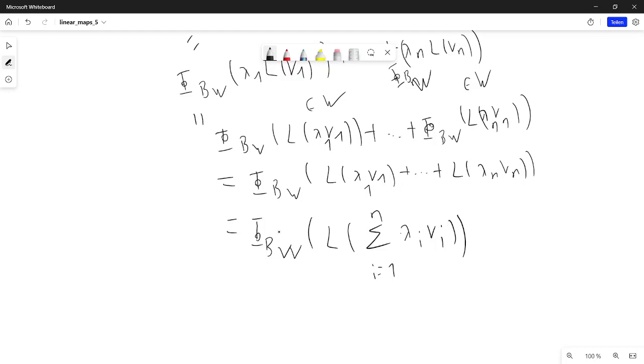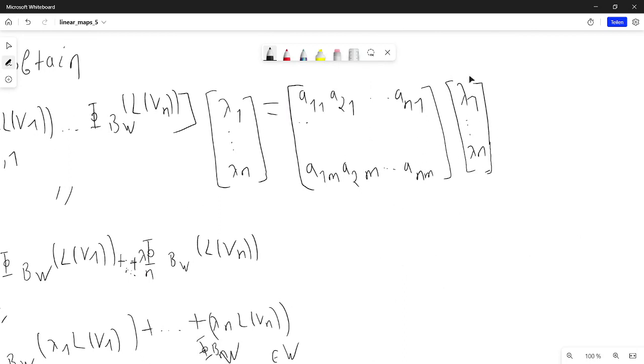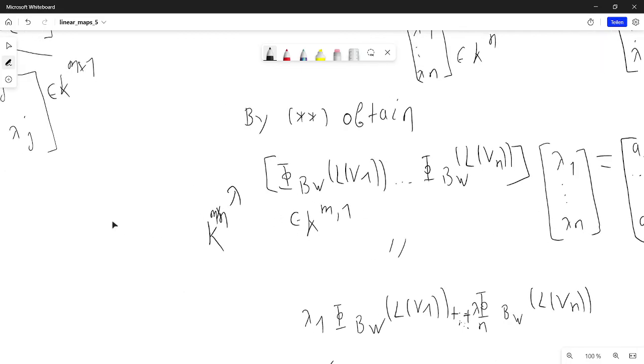So, and what's that? Well, that was the vector v. That is L v, and that is VBW of L of v. That is, this is the coordinates of L of v with respect to the basis BW. And what's that? Well, these were the coordinates of v. That is, this abstract identity